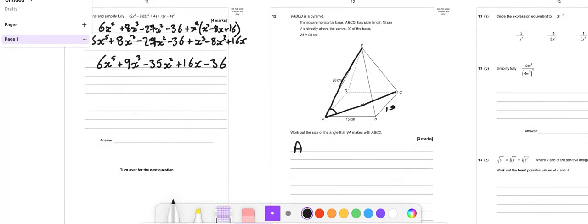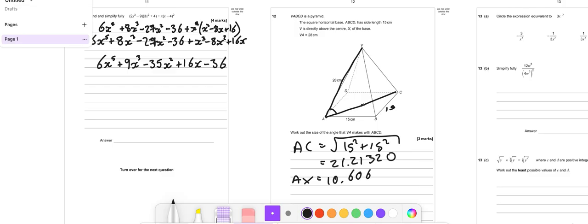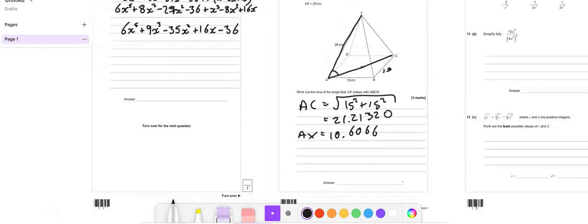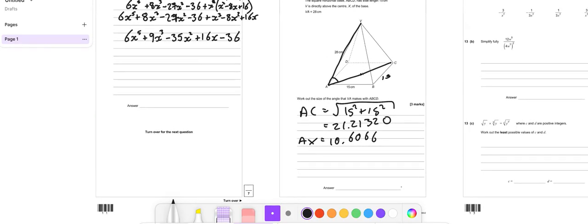So I'm going to say AC is the square root of 15 squared plus 15 squared, which is 21.21320, which means that AX is half that, which is 10.6066,